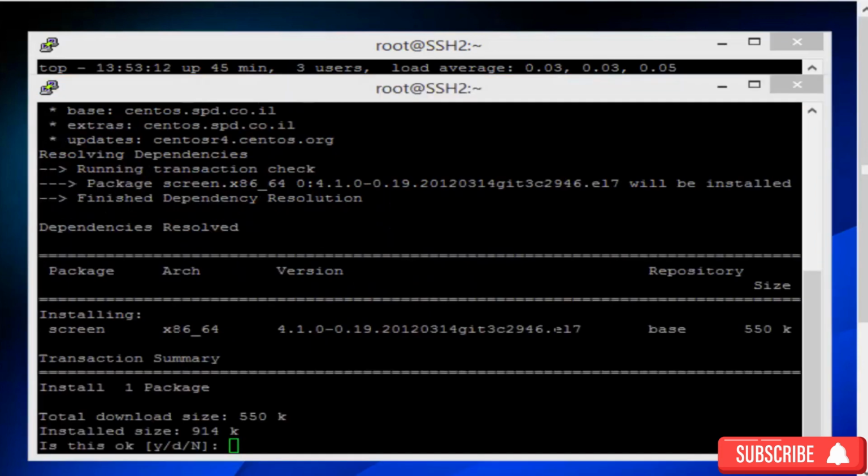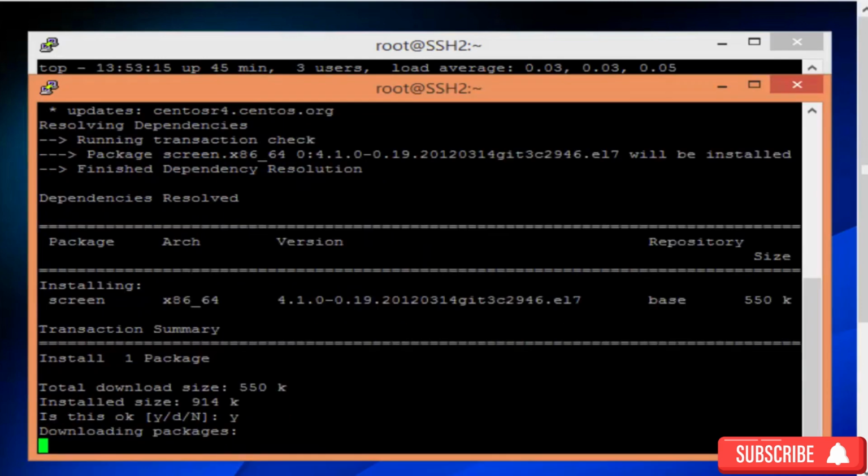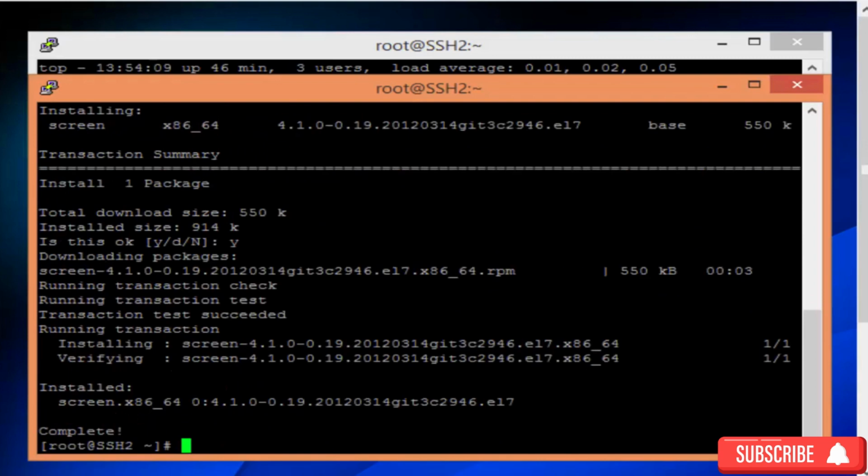Okay, now type Y and press enter. As you see, the installation process has been successfully done, and we have installed the screen utility, and by that